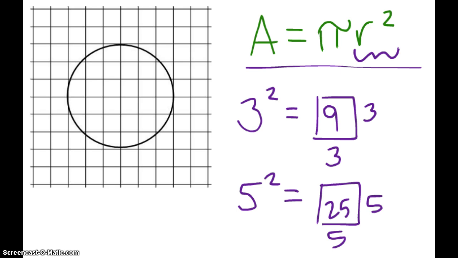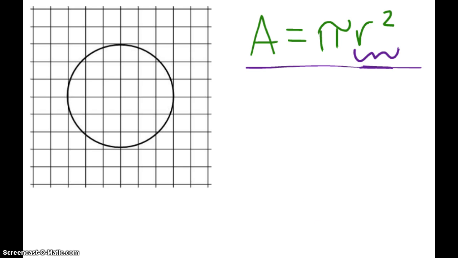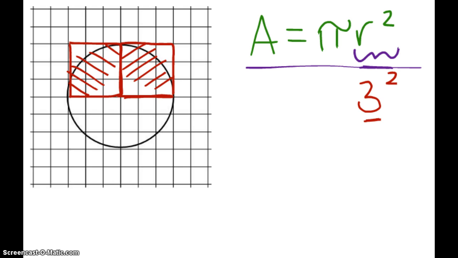So for area of a circle, we are going to create radius squares. So let's take a look at this circle. The radius of this circle is 3 units. We need to create a radius square. So because the radius is 3, the radius square would be 3 squared, or 3 by 3. So this is a radius square. We can take this radius square and it covers one part of the circle. We can take another radius square and it covers more of the circle. And we can take a third radius square and it covers